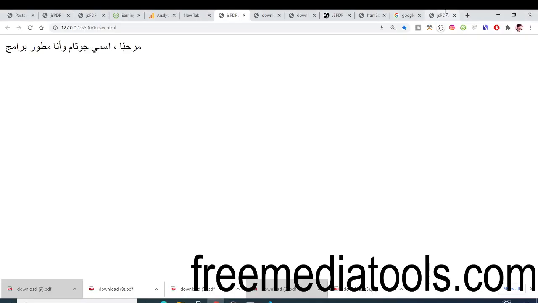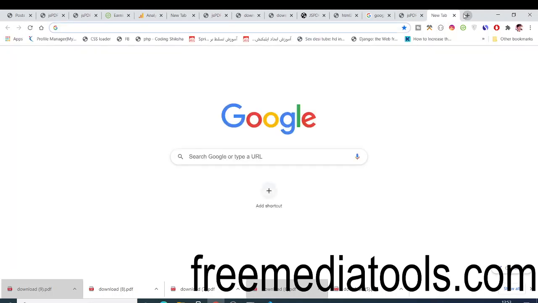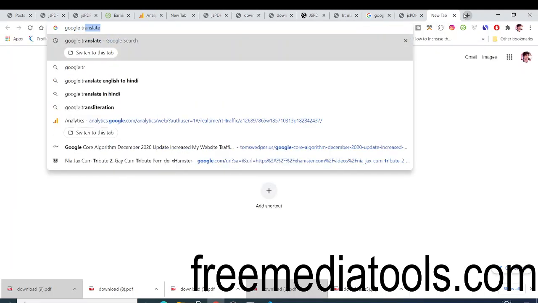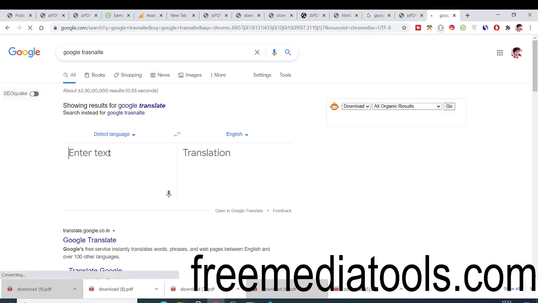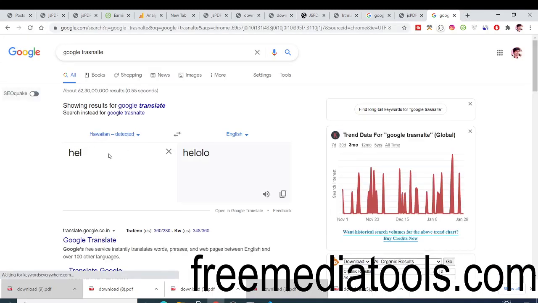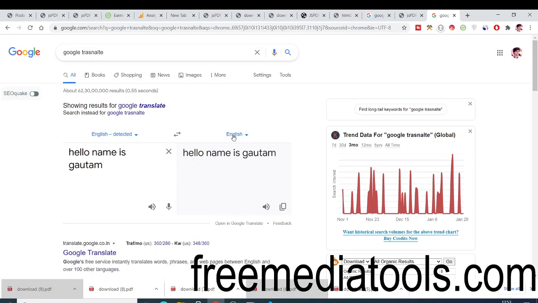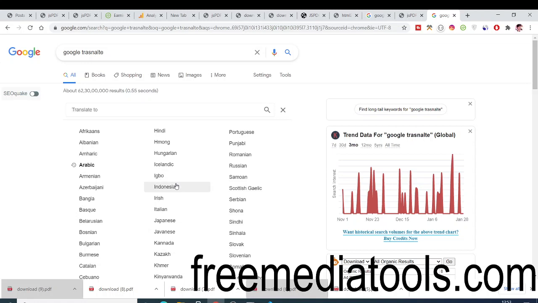You can do this with any font. This is not limited to Arabic text. You can just go to Google Translate and replace the text here with any font. Let's suppose I want this Armenian text here.